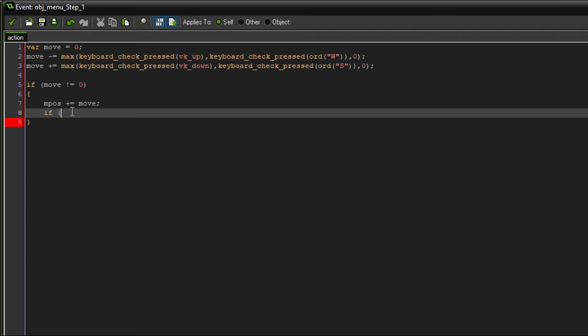And if ampos is less than 0, ampos will equal array length menu,